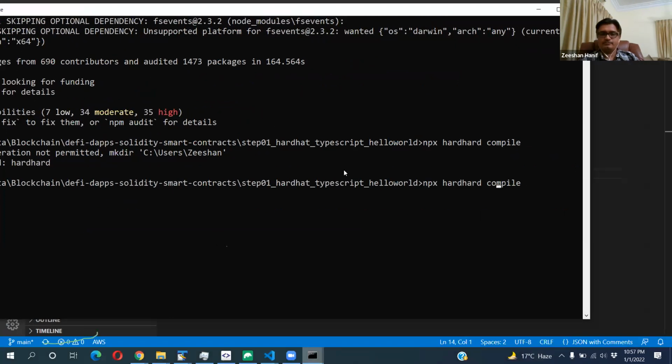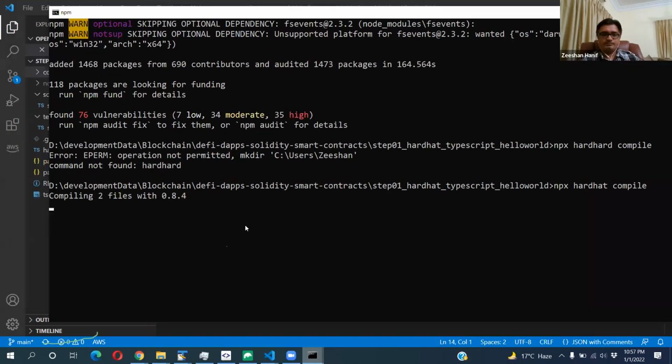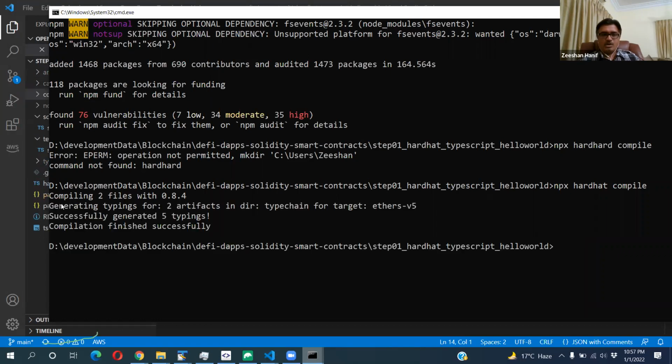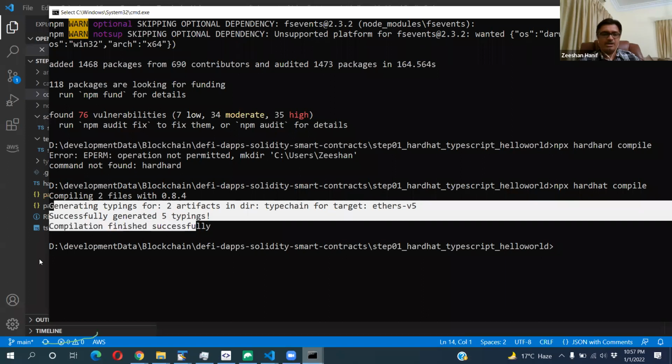Okay, so generating typings, compilation finished successfully.